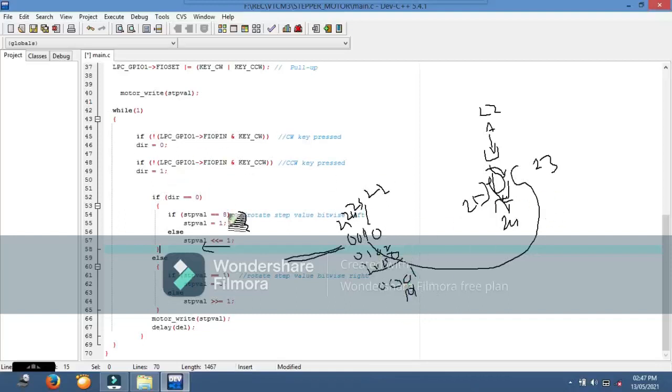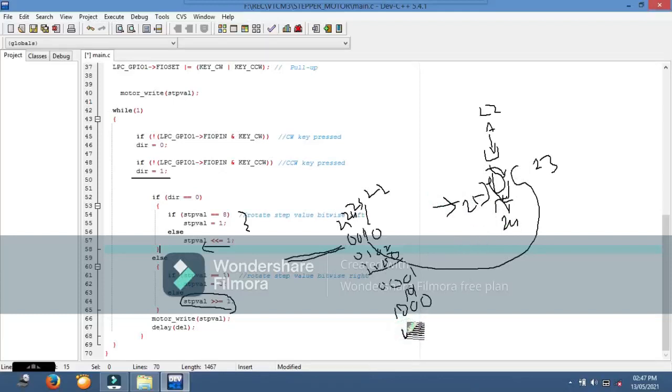In a similar fashion, if direction is 1, initially step value will be 8, and we are rotating each time by 1 to the right side. So initially the bits will be 1 0 0, then 25 gets energized.